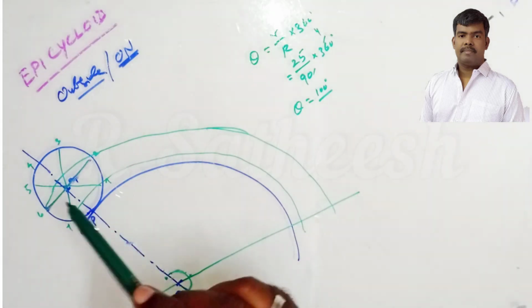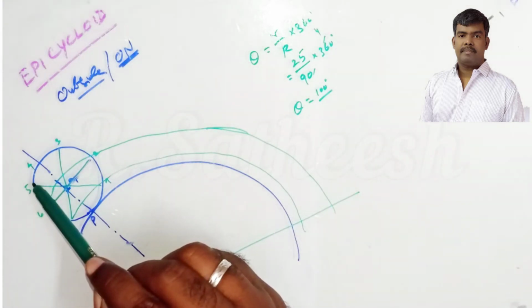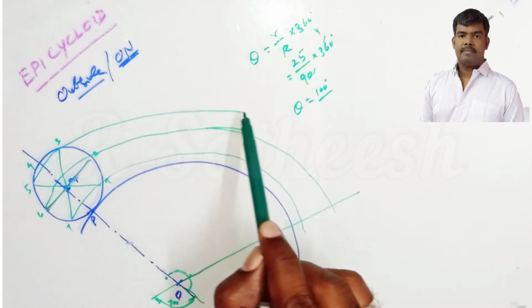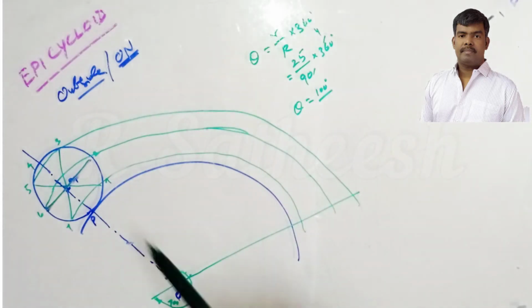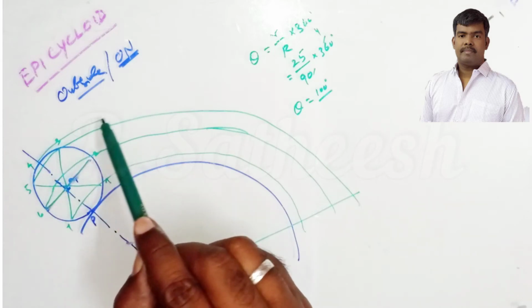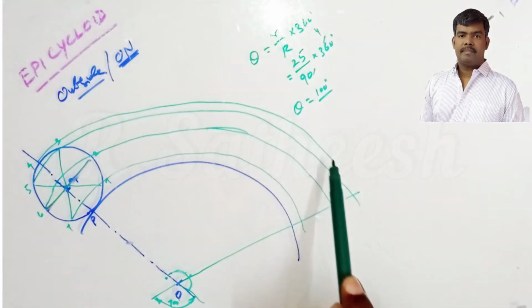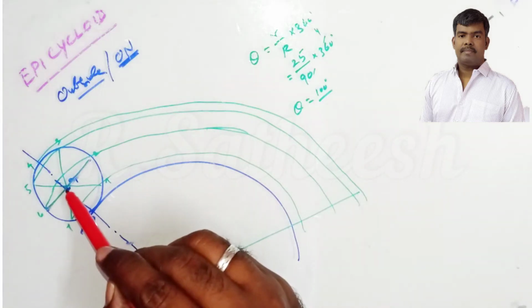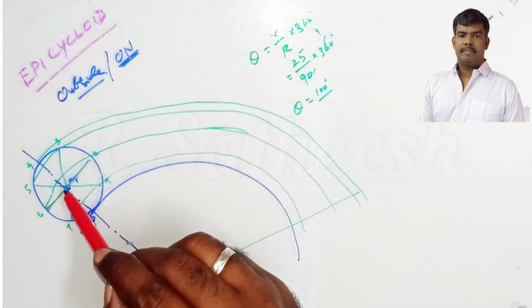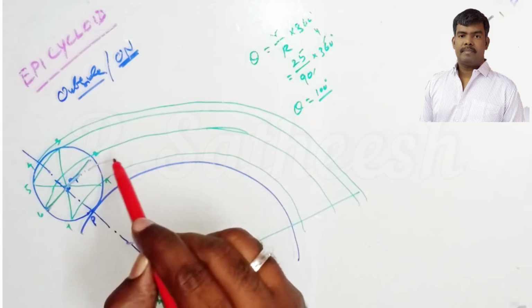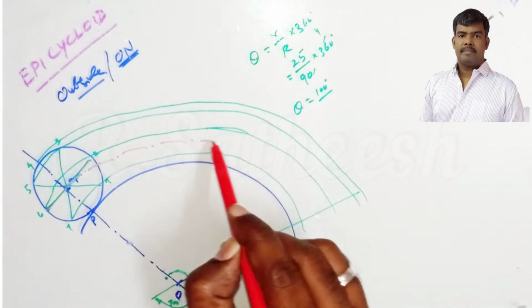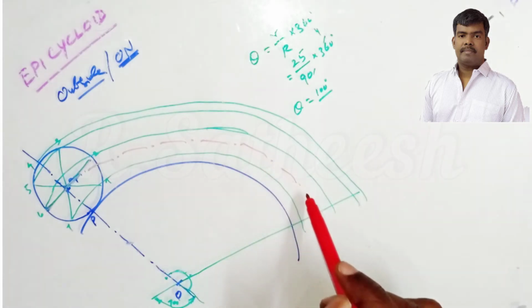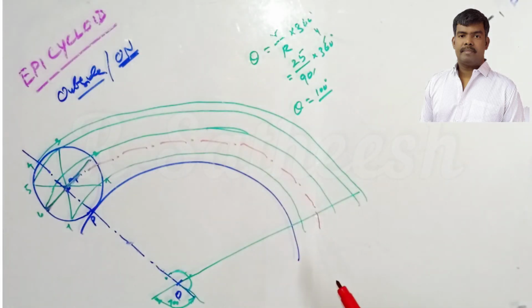Clear? Now O to 5 as the radius, you draw one arc, O as the center. Then O to 4 as the radius, O as the center, you draw another concentric arc. And one more thing, here O to O1 is the radius, you draw an arc. It is the center point also, therefore that arc I draw in that center point method, curve dot curve, like this. Clear?